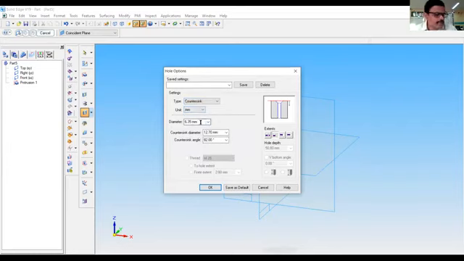So enter the dimensions of the countersink hole. This is 14.5 first diameter. Next is 25. Then countersink angle is 90 degrees.